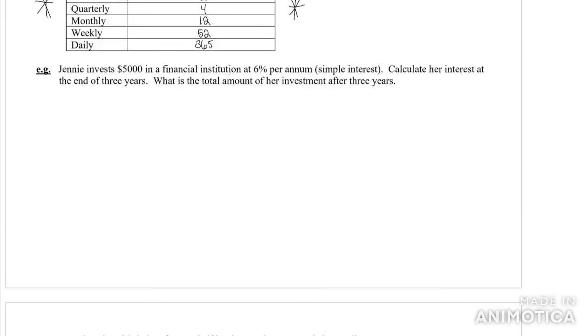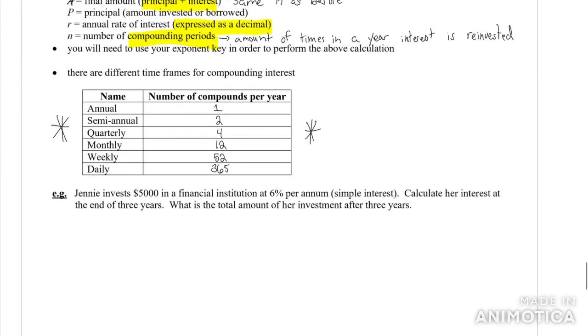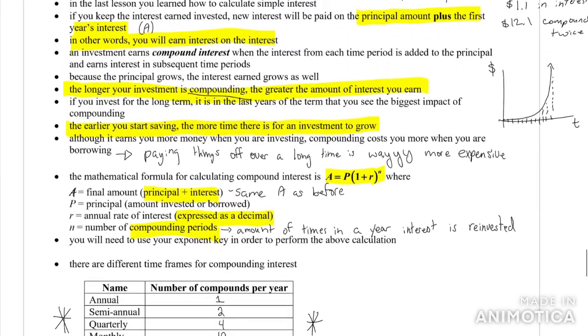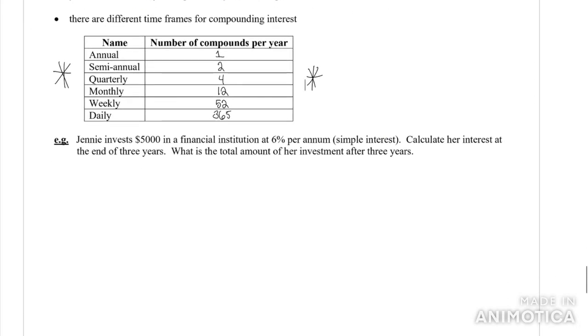All right, so going into how we can calculate simple interest versus compound interest. So this is part of our compound interest. So first example, we're just going to compare simple interest. So they want us to do a simple interest problem. So the question is, Jenny invests $5,000, so her principal is $5,000. And the rate is 6%, so 0.06, per year, simple interest, calculate her interest at the end of 3 years. So T is equal to 3, and they want to calculate I at the end of 3 years.